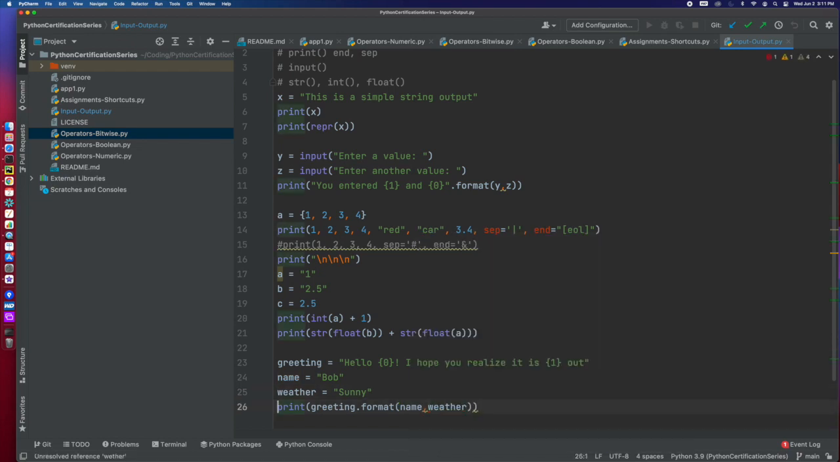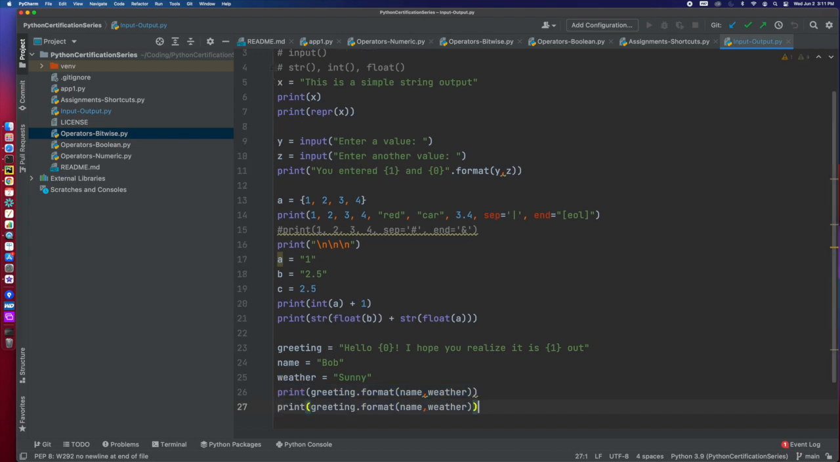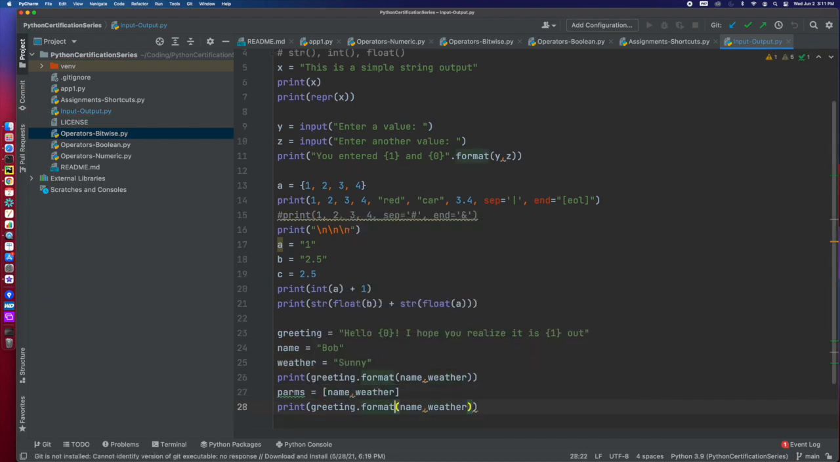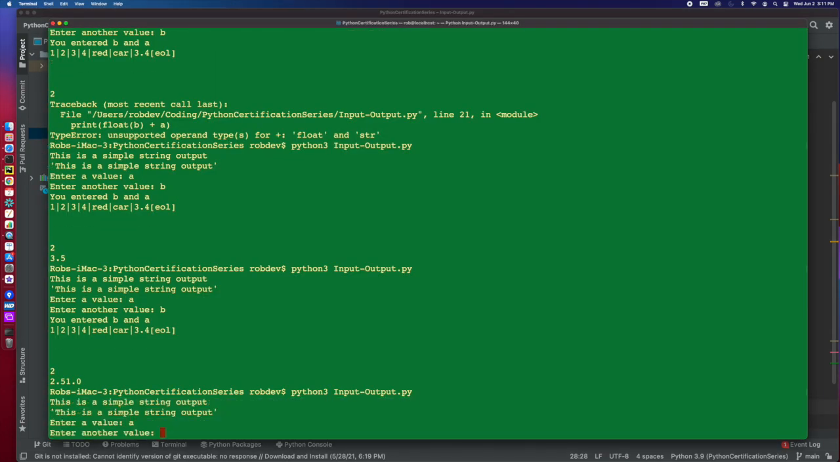Now I can also do, let's do parms equals name comma weather, and I think this is going to work for me as well. Did I call it parm? I did. So now do our little inputs,